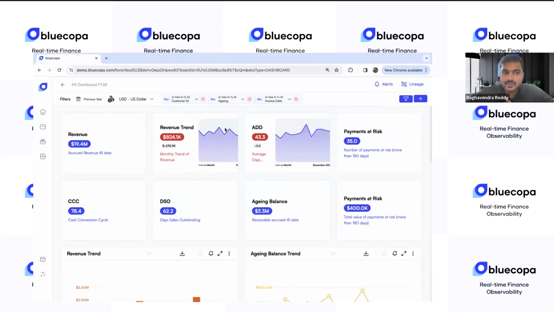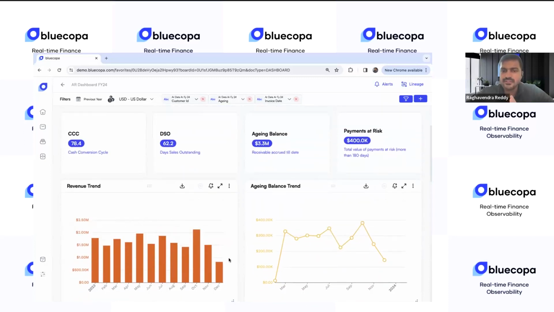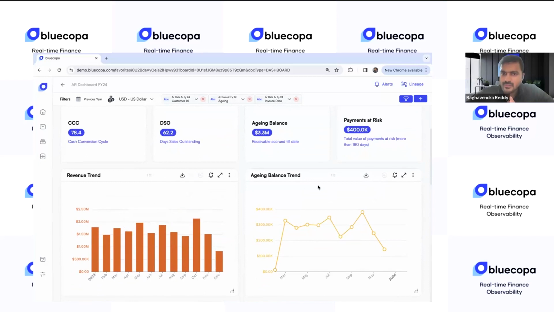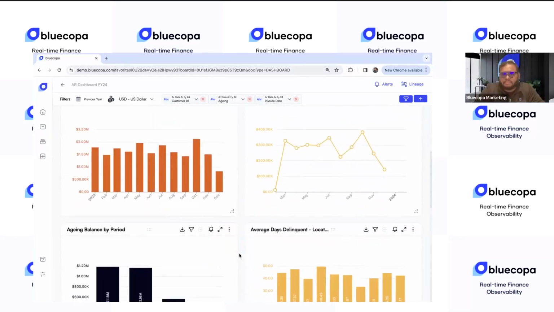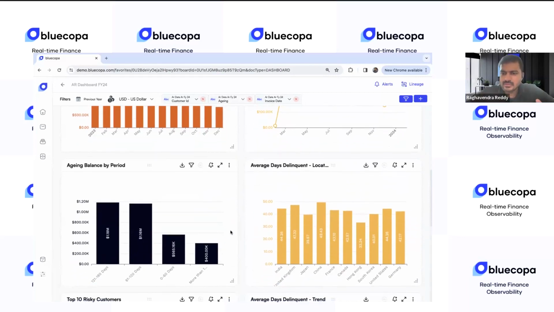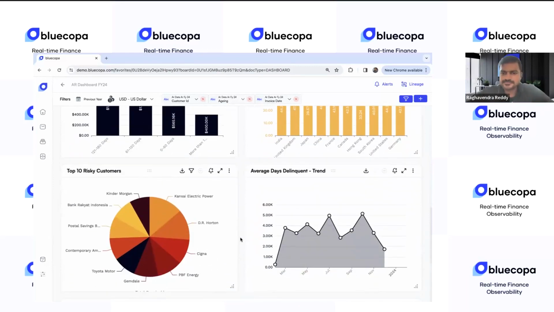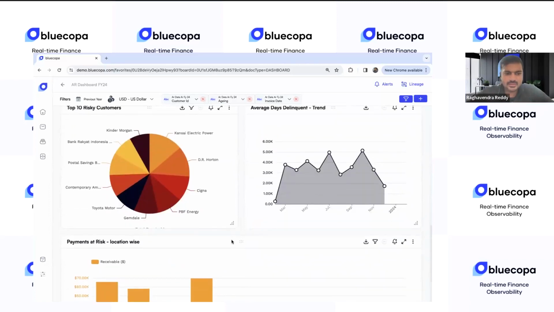There are some KPIs that are there on the top, right? For example, this calendar year or this financial year or this quarter, how is my revenue, and against that, how is my DSO, how is my aging balance, a lot of things that you can look at, right? And then you might want to go down and see, okay, month on month, how is the revenue looking like, vis-a-vis the revenue, how is the aging balance looking like, right? What are the different aging buckets, how is my average delinquency, country wise, customer wise, right? Who are my top 10 customers, how is the average delinquency looking like,